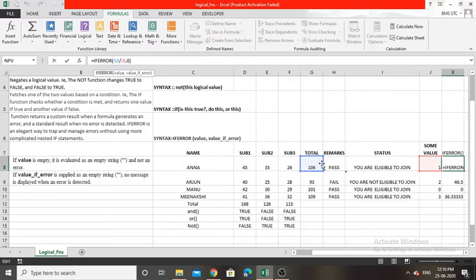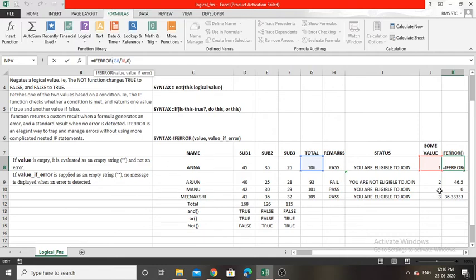So as you can see, 106 divided by 1 is logically acceptable, right? 93 divided by 2 is also possible. What about this 101 divided by 0, which generates a division by 0 error, right? Because as a general rule, any number divided by 0 is not acceptable.